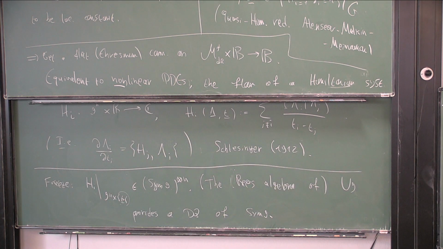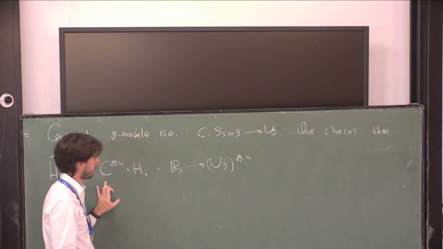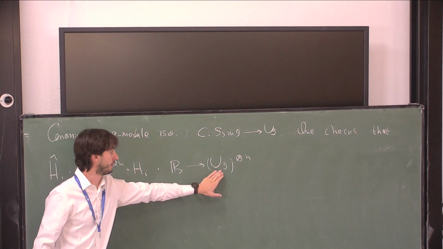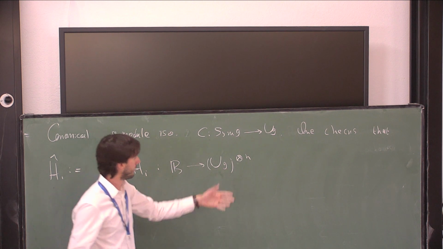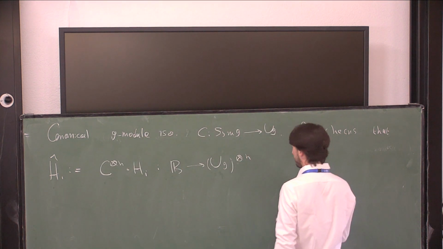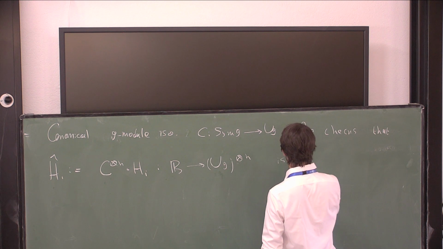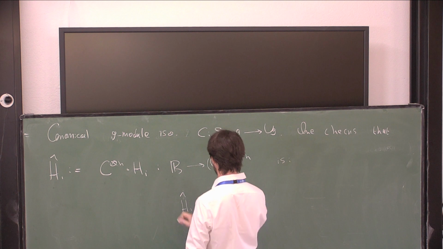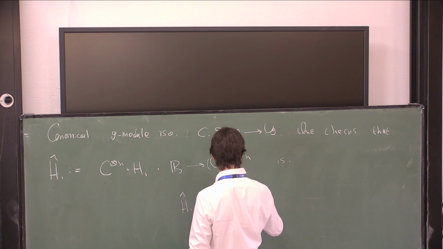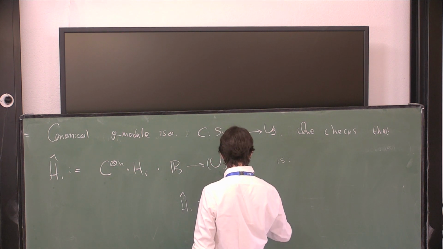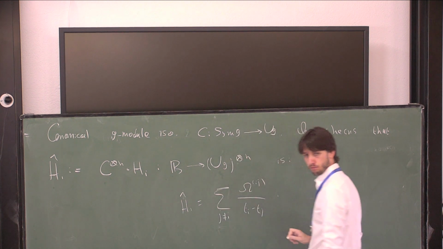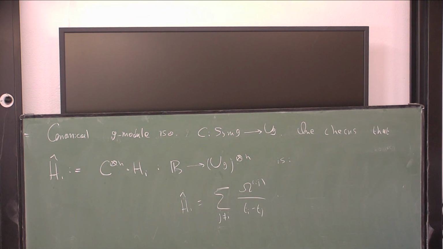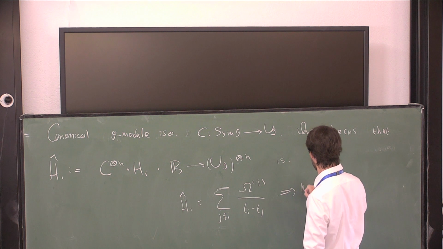Then I just apply this tensor-wise, and now I get something which maps into UG to the tensor N, and one shows the following formula: H_i hat equals, you now lose the parameter, but it's the same story, omega_ij over T_i minus T_j. So you just get back exactly what appeared in this linear PDEs given by KZ, and so now this means that KZ is equivalent to the following,